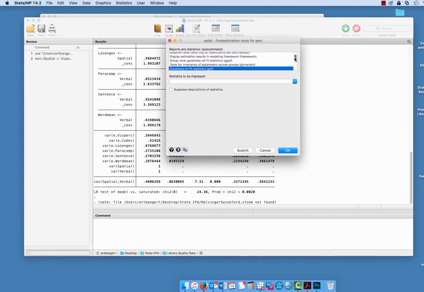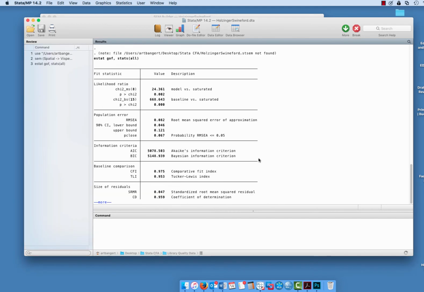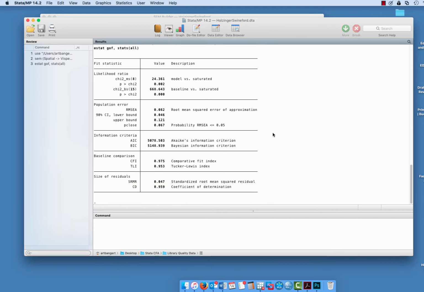And in this case, we can see the goodness of fit is highlighted, and you can get the chi-square tests, you can get single goodness of fit indices, but I typically click all. And then when I run this, you can see that